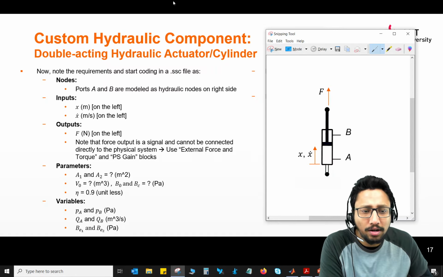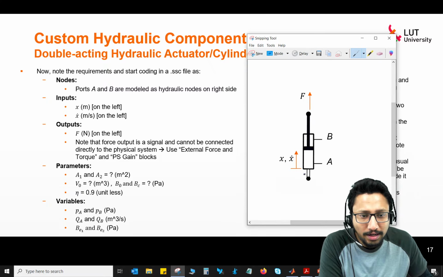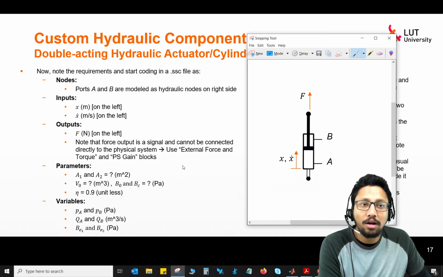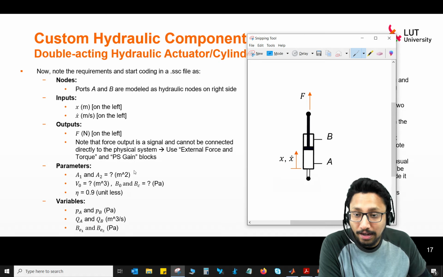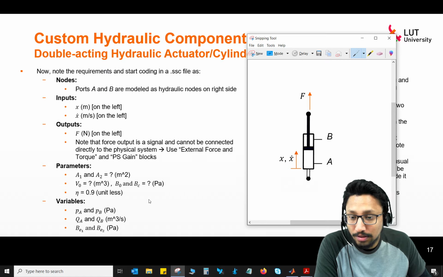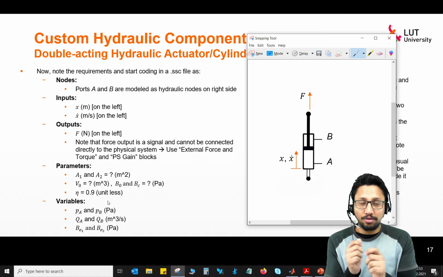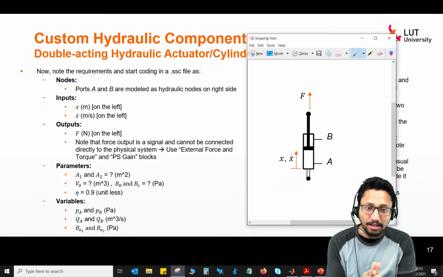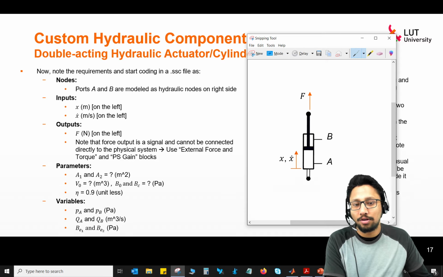Do not worry about that. Then we will have some inputs, basically the piston position and the piston velocity, which can be on the left end, and it is coming from the mechanical structure. So basically sensing the position of the piston and the velocity using some sensor, and then taking those values as the input for your block here.